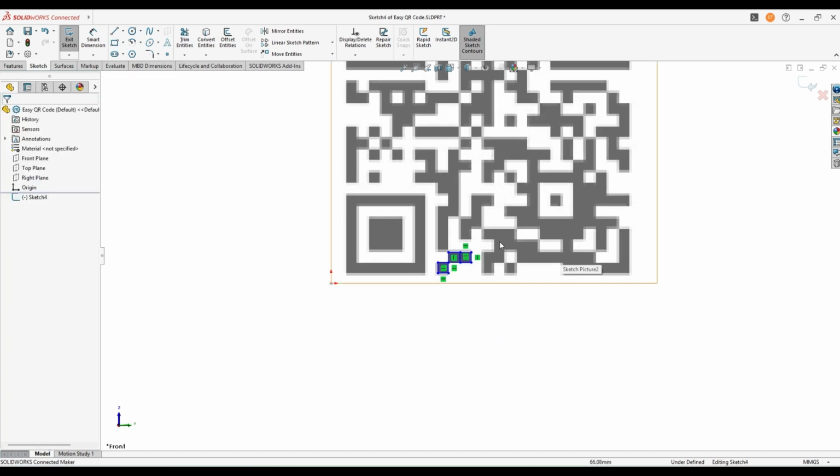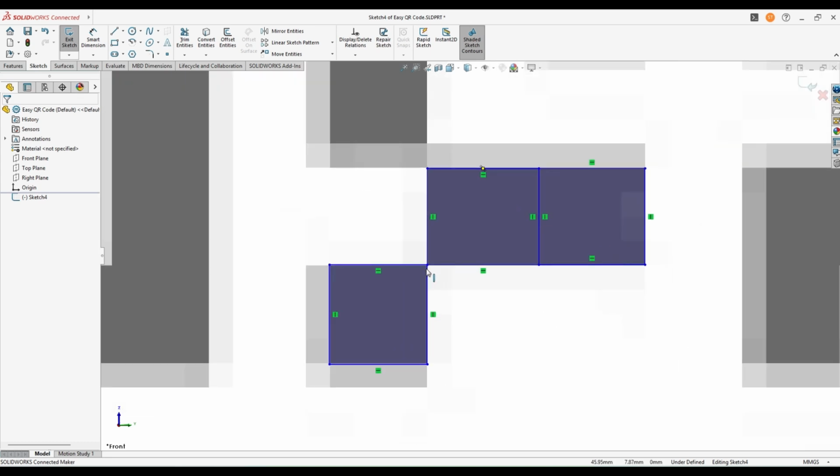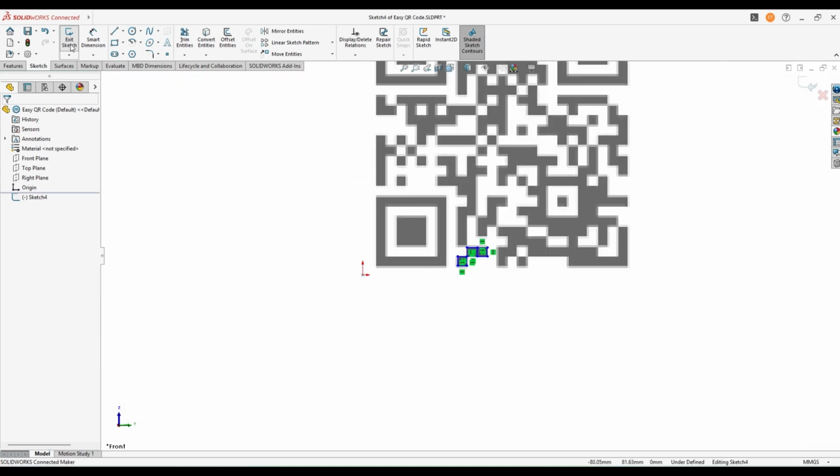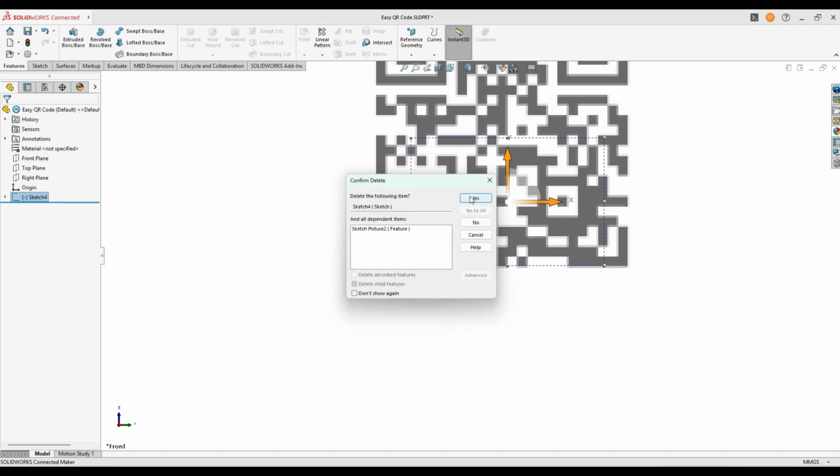I have done this, and if you have done it, you know it's going to take a lot of time and effort, and then you can get errors from SolidWorks when there's a gap at those corners. So let me show you how to do it a little bit or a lot easier.